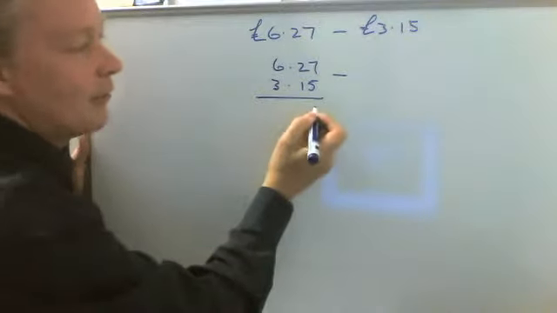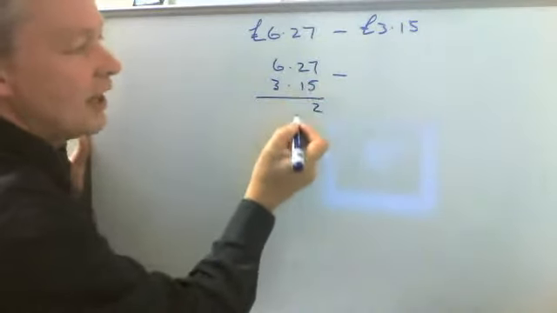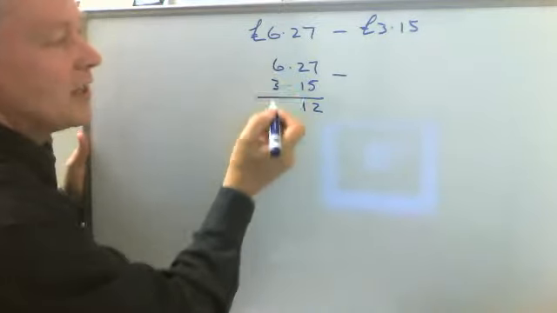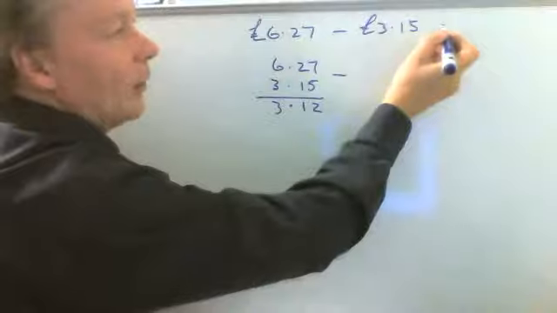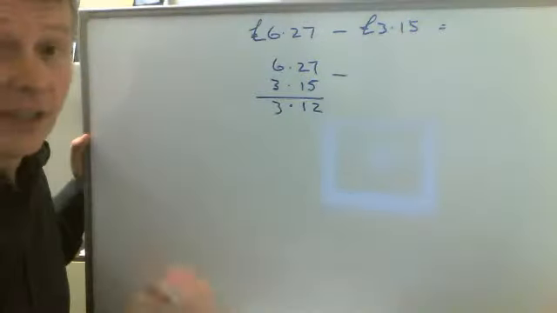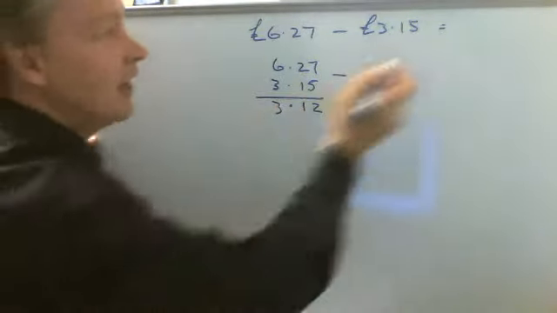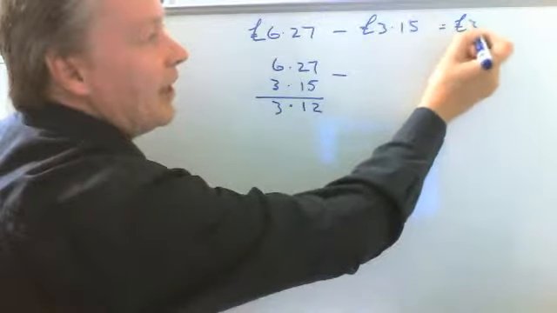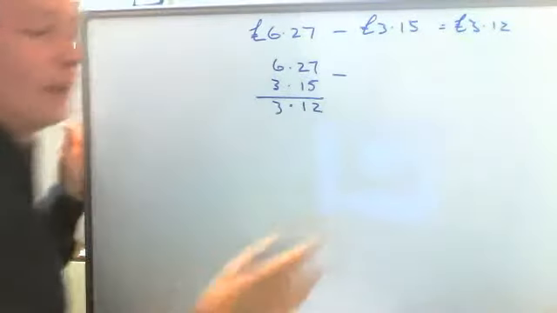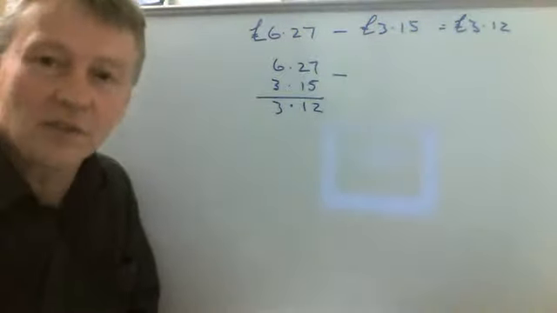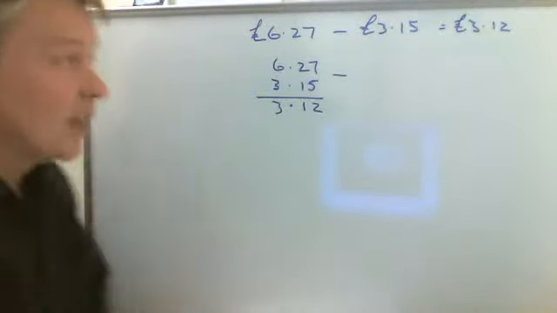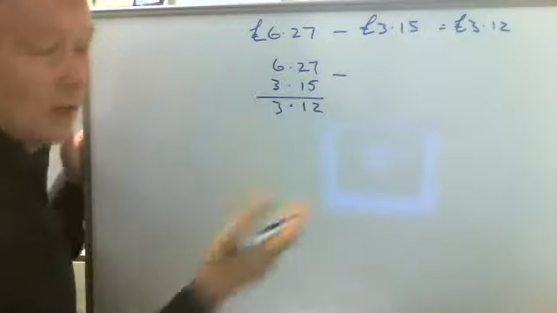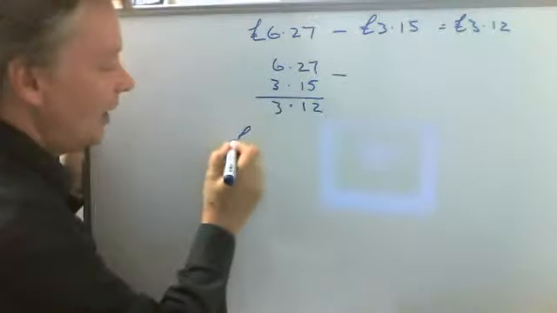So 7 take away 5 is 2, 2 take away 1 is 1, and 6 take away 3 is 3. So, in other words, £6.27 take away £3.15 is £3.12. And really, in terms of subtracting decimals, that's the only thing that you need to remember. So let's say, for instance, it was a larger total, so we had